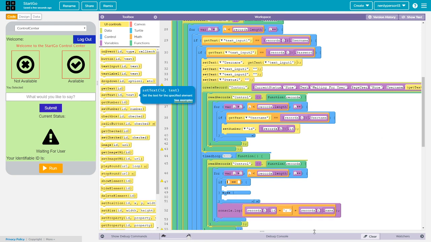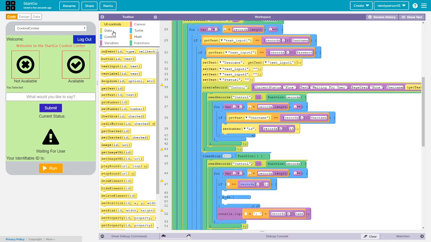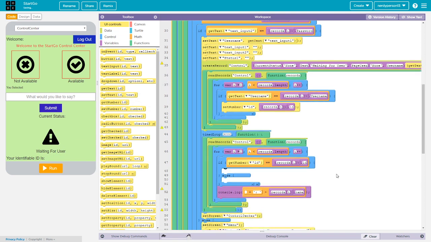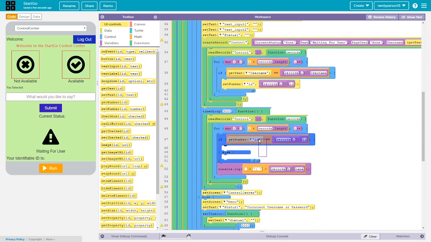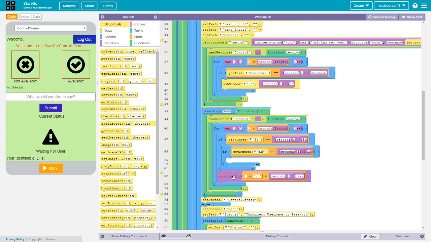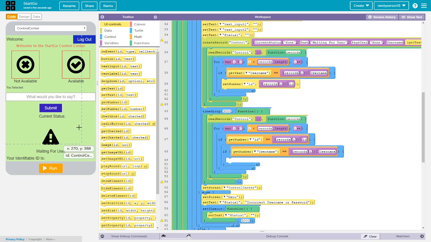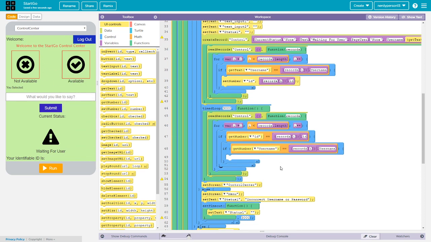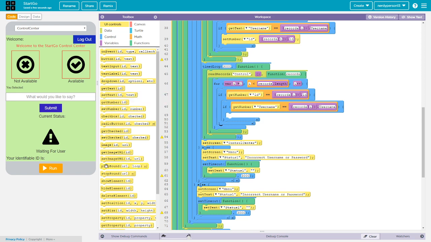So if the ID equals the ID, right here, and then if the username equals the username, there you go. Alright, so if the ID matches the ID and the username matches the username on there, then it should,